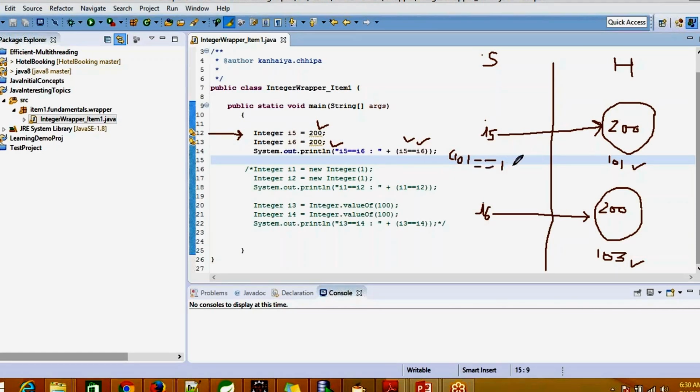You might already know that 101 cannot be equal to 103. So the answer should be false in this case.